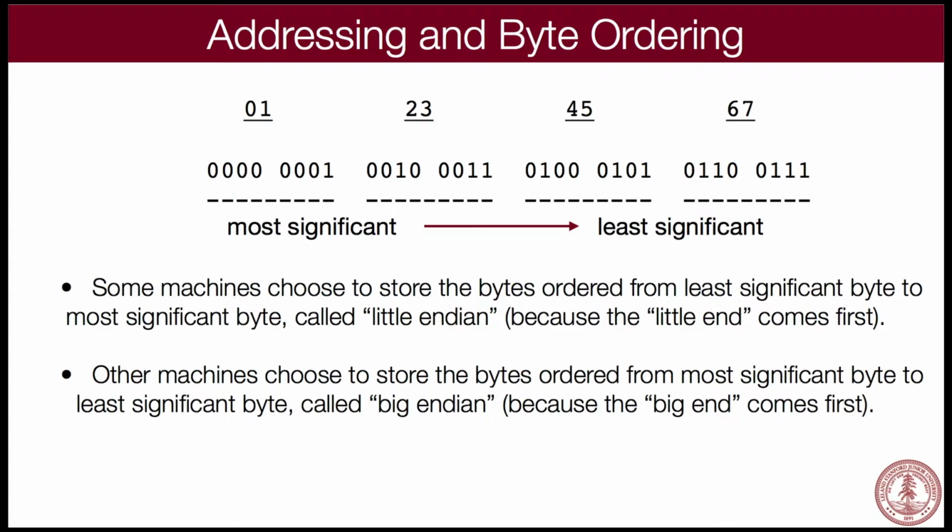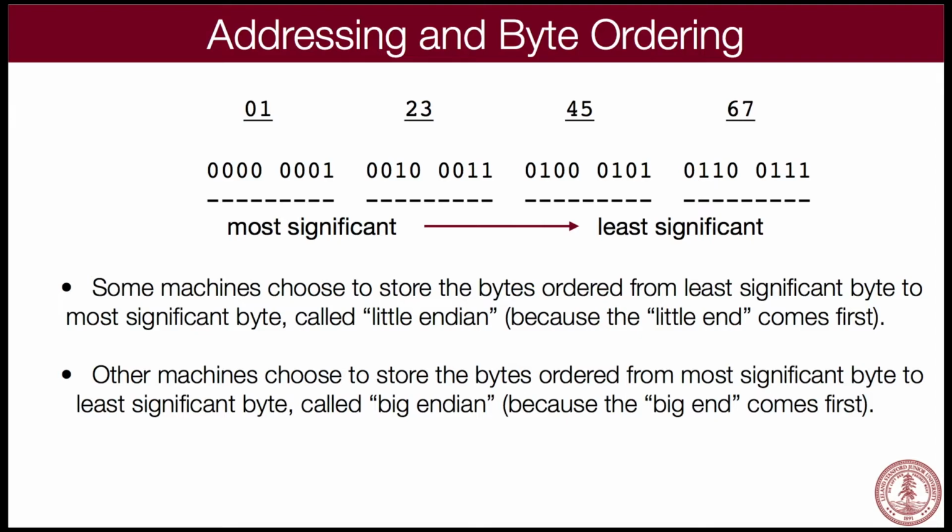Okay, what does that mean? Take a look at this number here. This is a 32-bit, that's the same number in binary. I've converted the binary already. Okay? And if you look at the bits in it, the most significant bit, that's the one that means the most to the number, is actually this bit way over here. It happens to be 0. The least significant bit is the one all the way over here on the right. Why is it least significant? Because it doesn't count as much to the number. If you think of any numbers, right, the digits higher up, if you say 456, the 4 means more to the number than the 6.